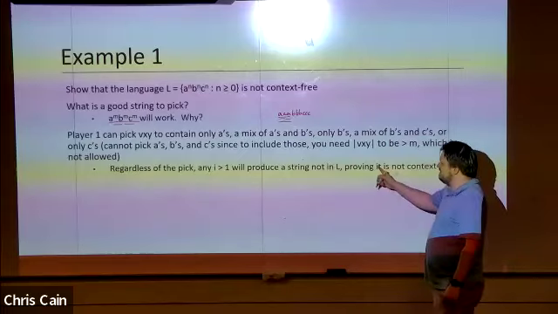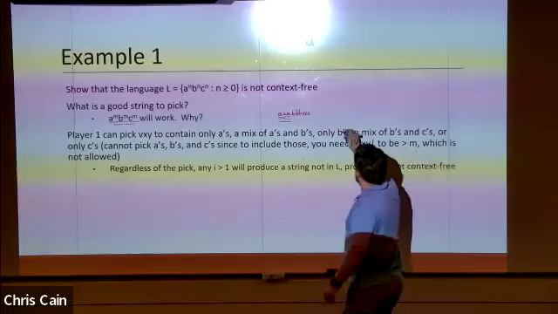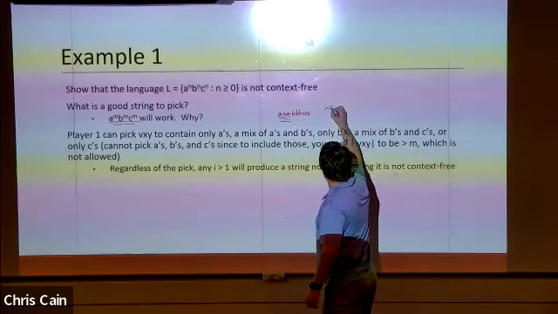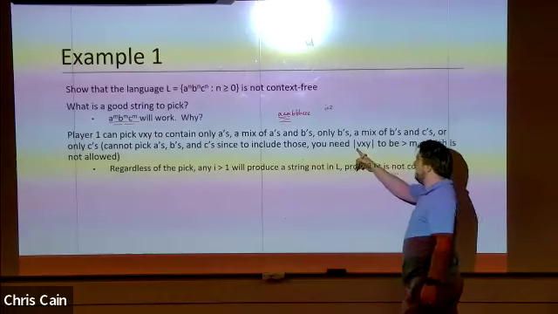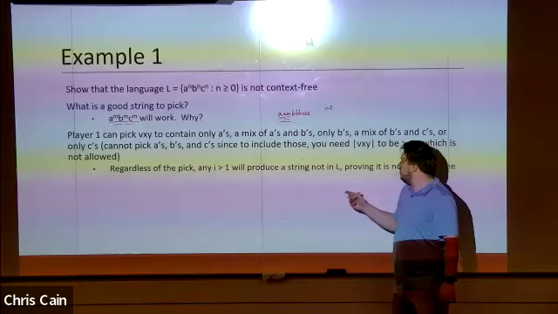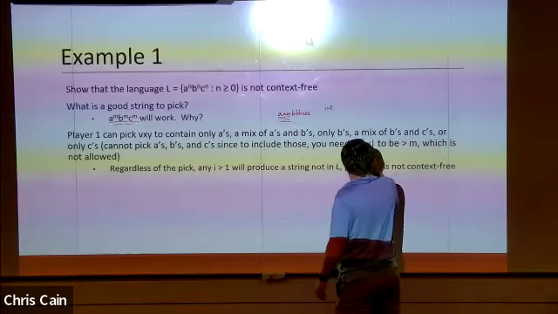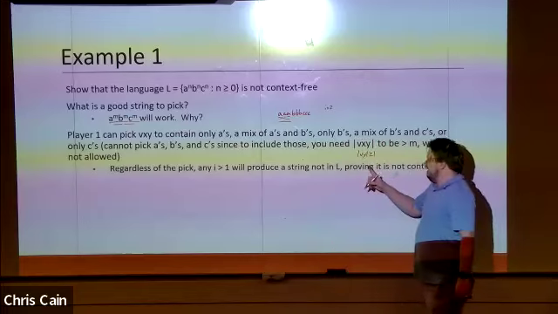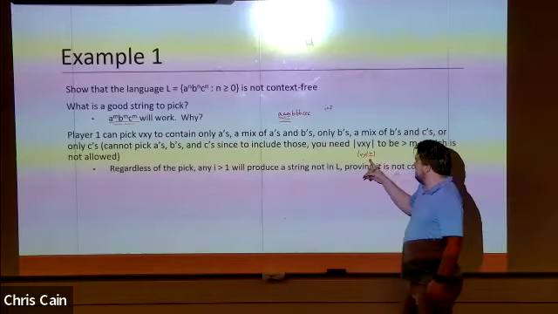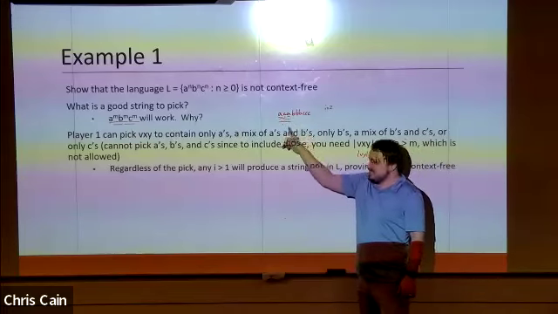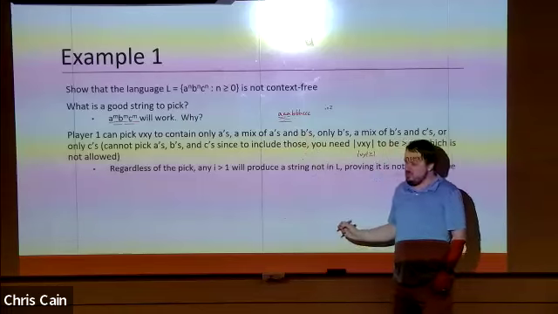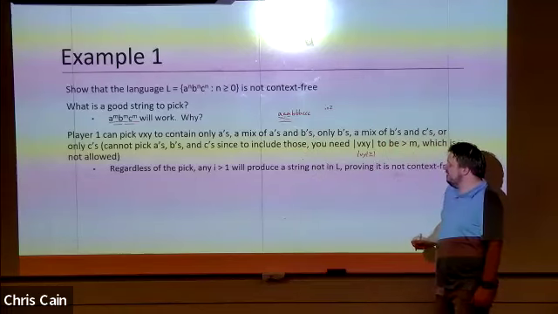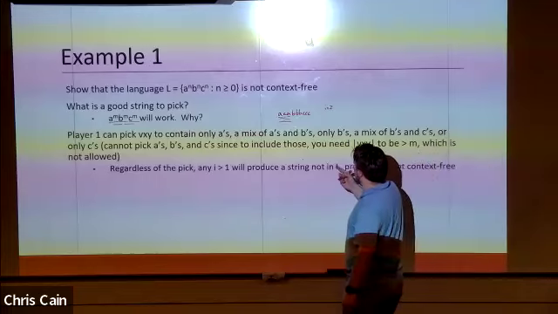If this is the case, let's set i equal to 2. So we know vy contains at least one A, because the rule was the length of vy has to be greater than or equal to 1. When you take this into account, the vy has to be at least a single A. It could be more than one A, but the point will be served with a single A. When we do this, we end up with